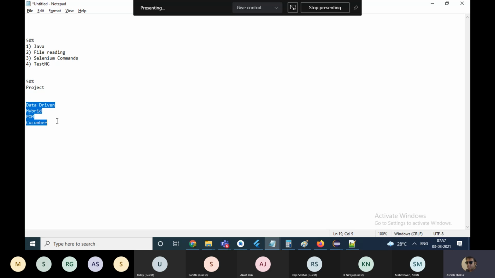If a client comes to you and tells you that they have to automate the whole project and it's got 1000 test cases, these are the different strategies which you can apply to automate those test cases. But in order to learn them, you first have to learn data driven.